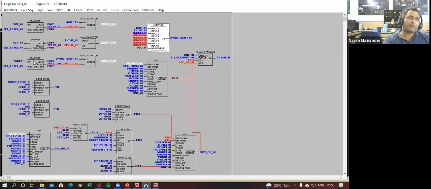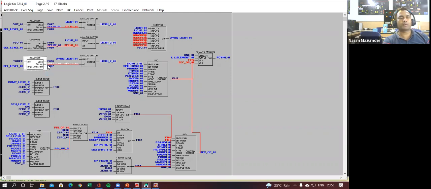There is another part where I can see that there is a compare block. You can understand there is a set level and some network constant I am getting. If input 1 and input 2 are equal, then this will be coming out as my output. If input 1 and input 2 of this compare block are the same, then this will be coming out. If this is 2, then this will be coming out.